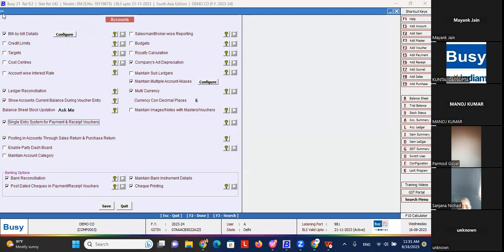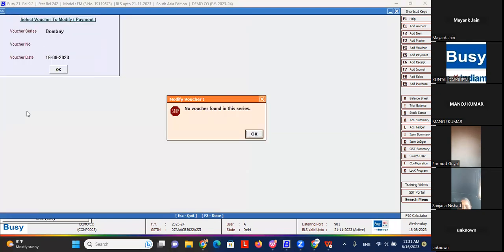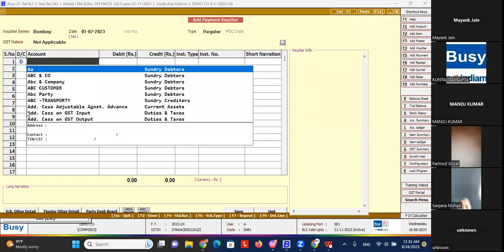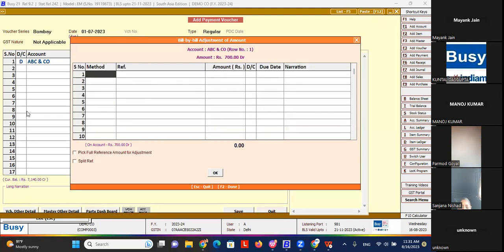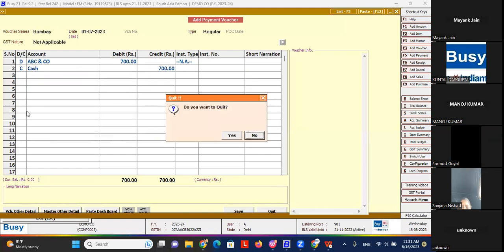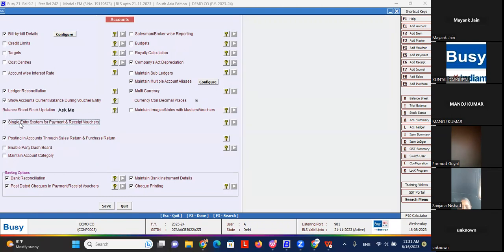Now, how does the double entry system look? Let me show you once again. In the double entry system, your payment and receive module looks this way. You have to mention the debit ledger and the credit ledger. So this is called the double entry system, where you have to mention the debit ledger as well as the credit ledger. But in case of the single entry system, if I enable this single entry system and I save this,